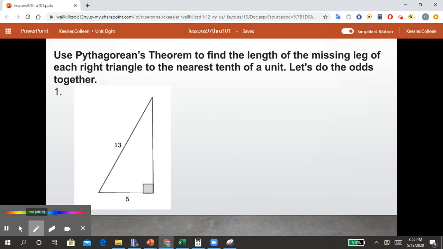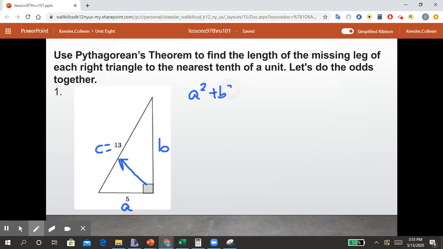So for this first example, we have 5 as a missing leg, and it looks like it's the smaller of the two, so I'm going to call this side A, this side B, and this has to be C because it's opposite of the right angle. So now we have A squared plus B squared equals C squared, our famous Pythagorean's theorem. We plug in 5 for A, we leave B because that's what we need to solve for, and we plug in 13 for C. Now, 5 squared is 25,